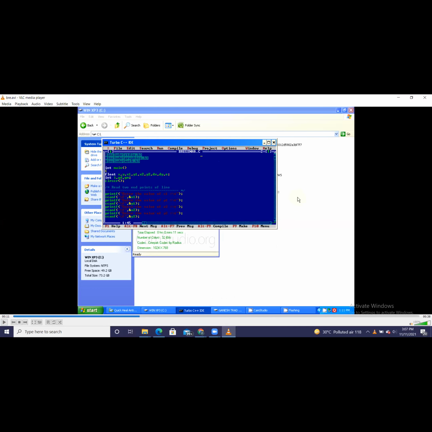Actually, my computer is Windows 10, on which DOS is giving some problem. So I executed this program on a desktop machine with Windows XP, recorded the screen, and taken the output. So I have prepared a small movie, a kind of clip, to show the execution of the program. So just look into this.